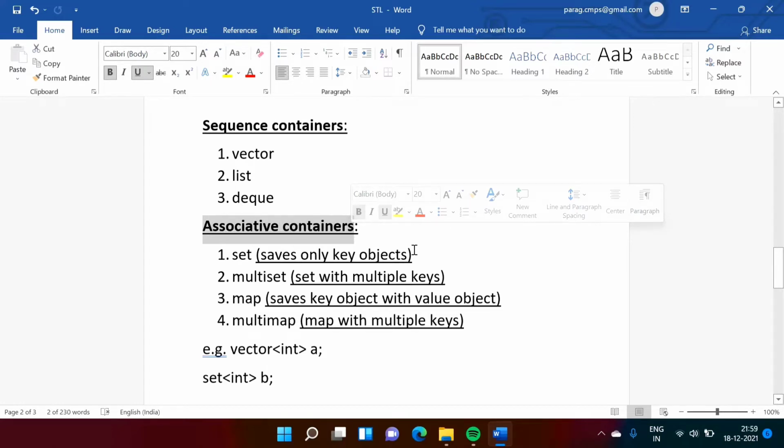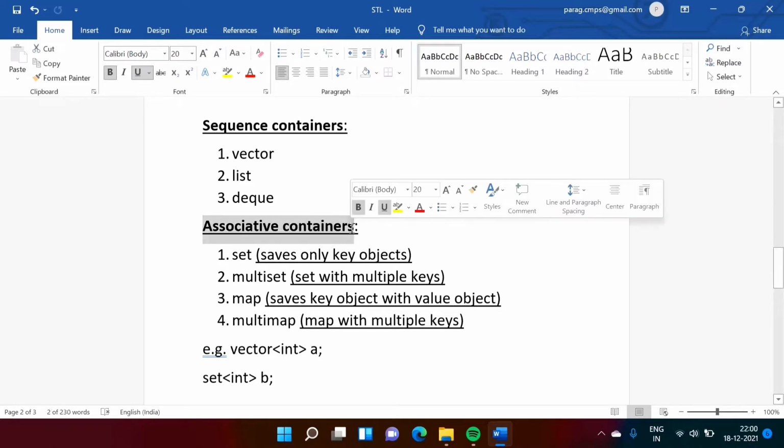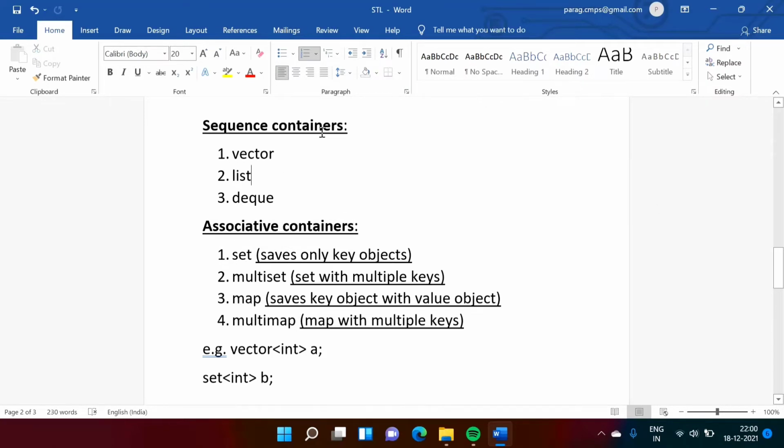One simple example: students have roll numbers, right? So students can be accessed or called by their roll numbers. The roll number is called a key and the student name can be the value. Likewise, when the data is accessed by keys, such containers are called associative containers. And in the other containers, data is accessed by linear indices.